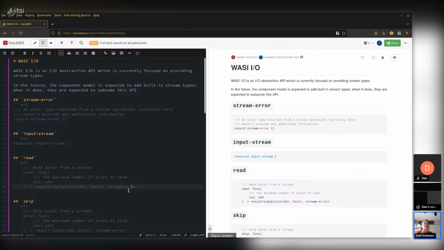It's an interesting question: what should the error type for a fully generic stream be? With a fully generic stream, it might be backed by a file, but the consumer or the producer of the stream should be abstracted away from any knowledge that it is a file. So there's no fsync operation, there's no seek operation. You're just streaming, reading bytes or elements, or writing bytes or elements.